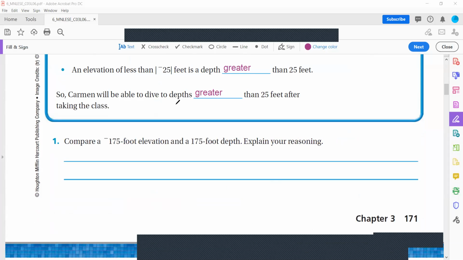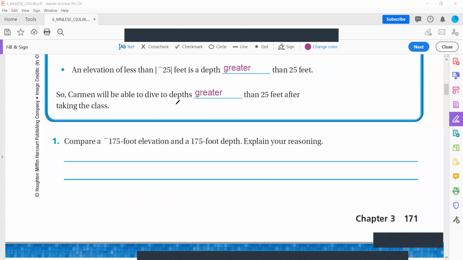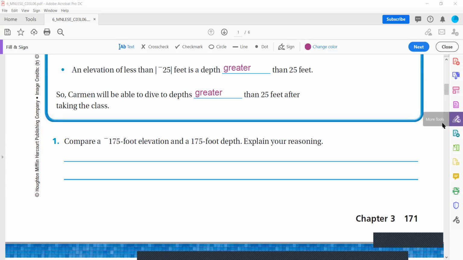Compare minus 175 foot elevation and 175 depth elevation. Girls, what is the reasoning here? If I say minus 175 and 175, both have the same absolute value. Don't you think so? Both have the same absolute value. That is your answer. So a diver at an elevation of 175 feet